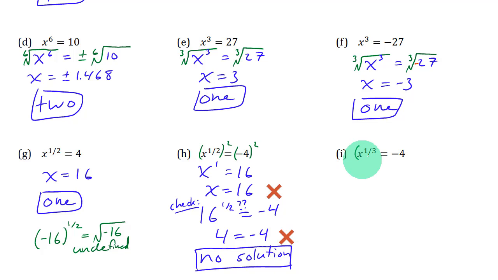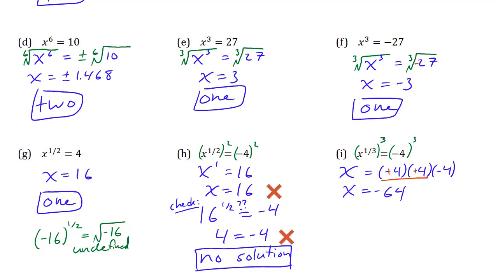All right, with this one, if you have an odd number in the denominator, how does that make things different? Well, if I cube both sides to cancel that out, because 1/3 times 3 is 1, you're just going to get x equals negative 4 to the power 3. Let's write that out. Two of these are going to become positive. You'll get 16 times negative 4 comes out to be negative